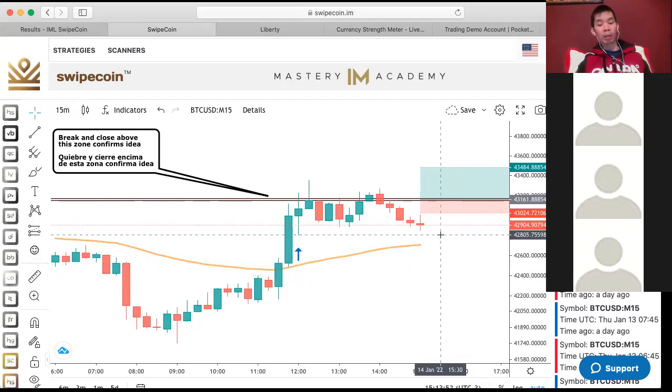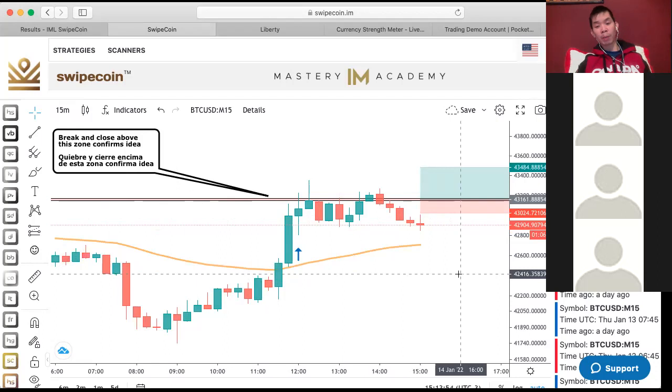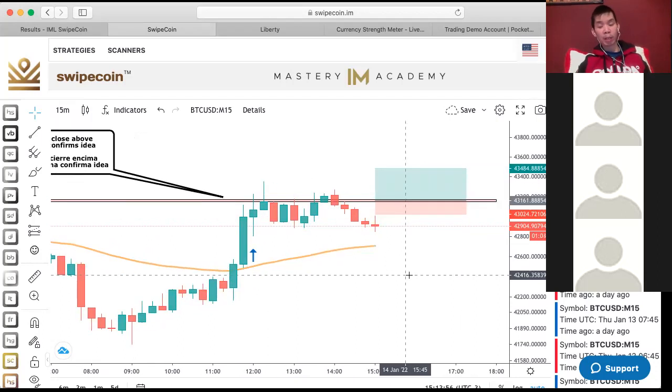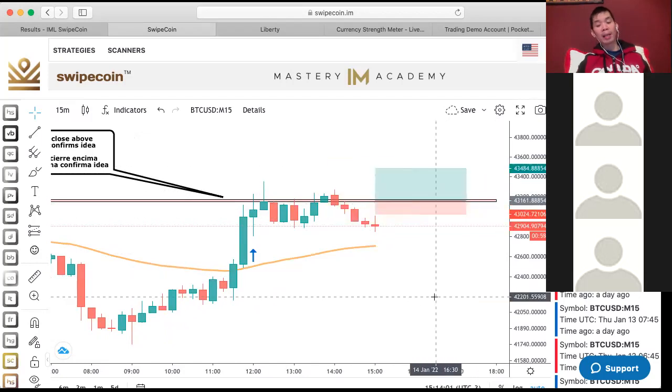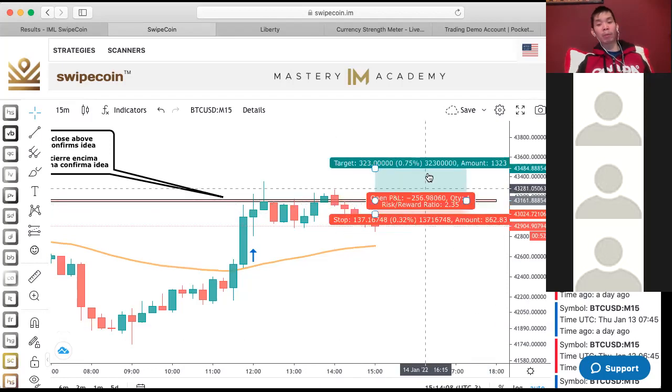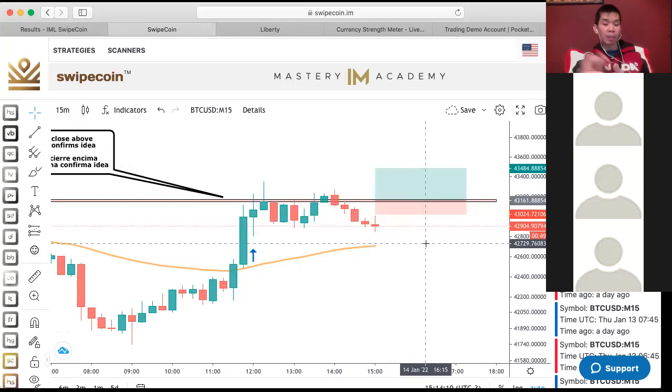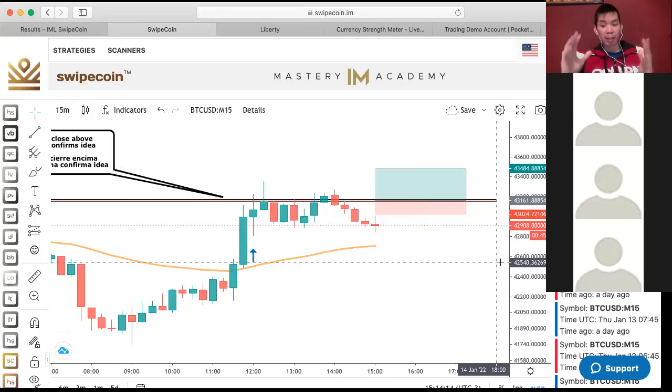So this is going to happen maybe in the next hour or so, maybe a couple of hours, but now we know we've set up our zone. Now we just wait for it to close above this pink line. We've written down on our piece of paper or whiteboard: 43,024 is my stop loss and 43,484 is my take profit. Because if you enter at 43,161, give or take around that area,